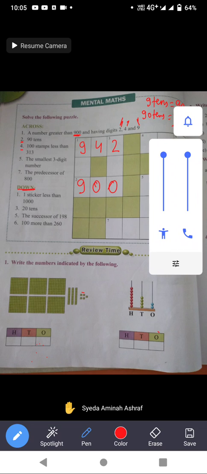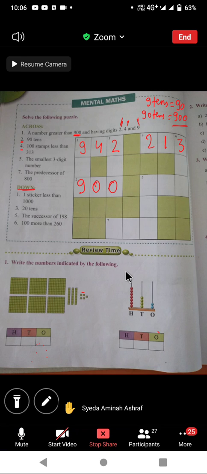So it cannot be the tens place, we are subtracting 100. From the 100 place we will subtract 1. So 3 is there, we will minus 1. 3 minus 1 is 2. So 213 will be there. 100 less than 313 is 213. So in the fourth one we will write 213. Where is the fourth one? This is the fourth. Across we will write 213. 13 will remain the same, only the 100 place digit will change.